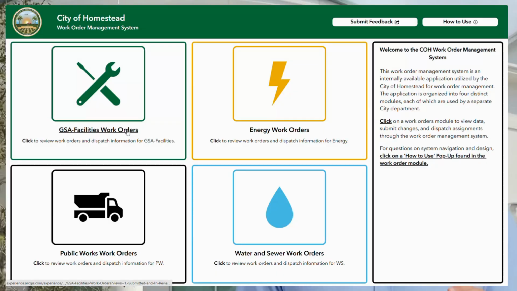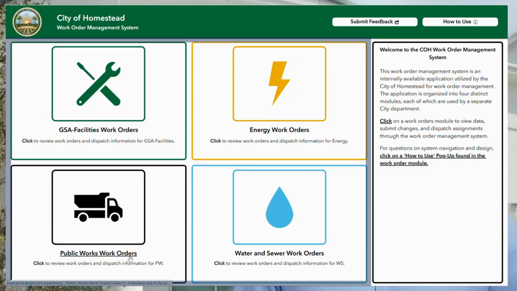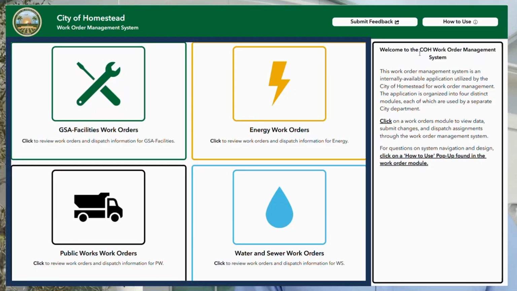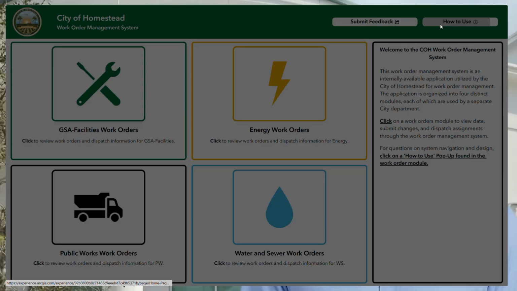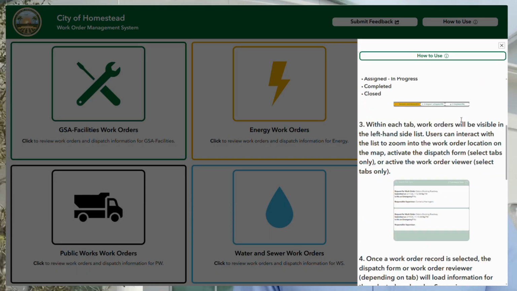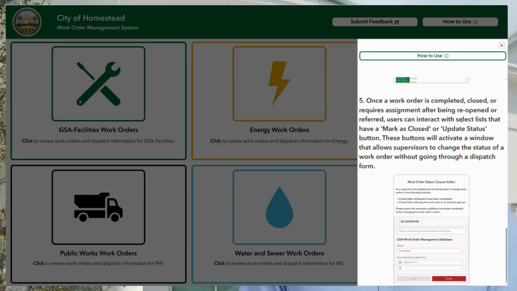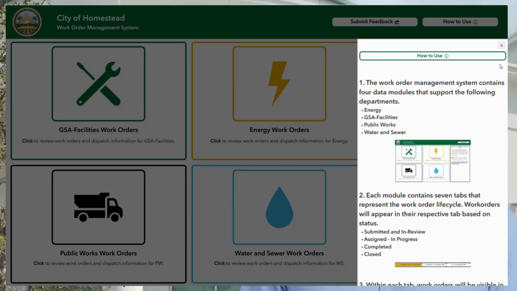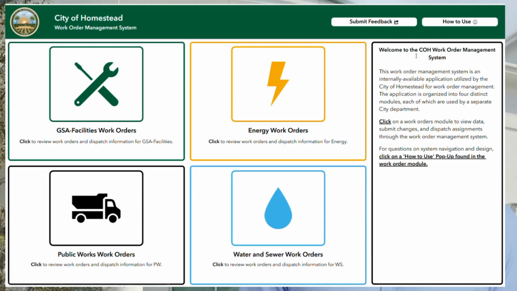When you first open the work order management system, you'll be presented with various different departments responsible for work orders. You will also see a button on the top right titled How to Use. This will give you additional information about navigating around the system. In my example, let's assume we are a dispatcher for the Public Works Department. Clicking on the Public Works box takes me to a screen showing all pending and completed work orders for Public